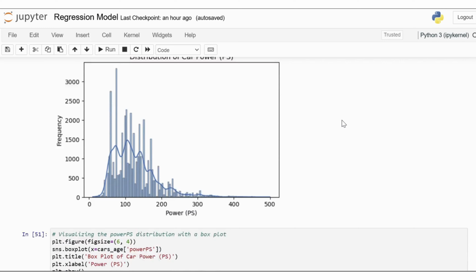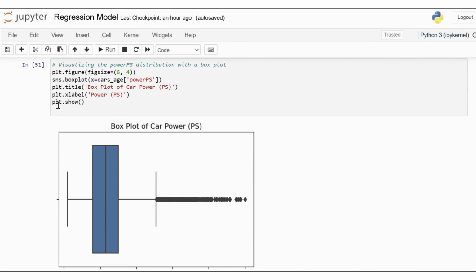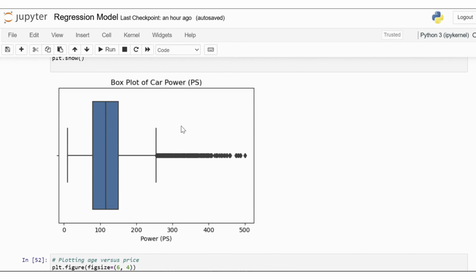Additionally, let's create a box plot of power to further examine its distribution and identify any outliers. Let's explain the box plot of the car power variable. So, here the box shows that the middle 50% of car power values fall roughly between 70 PS and 150 PS. The line inside the box indicates that the median car power is around 100 PS. The whiskers extend to about 0 PS on the lower end and to around 250 PS on the upper end,